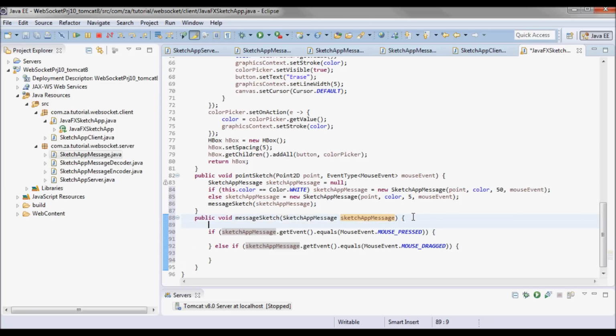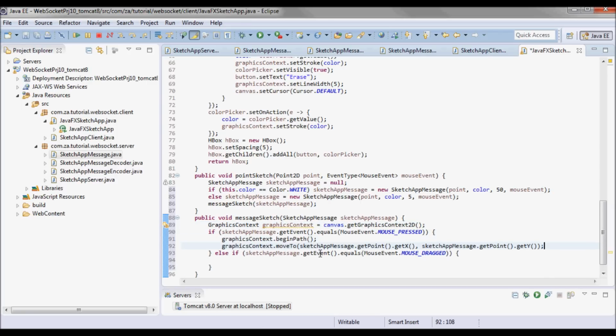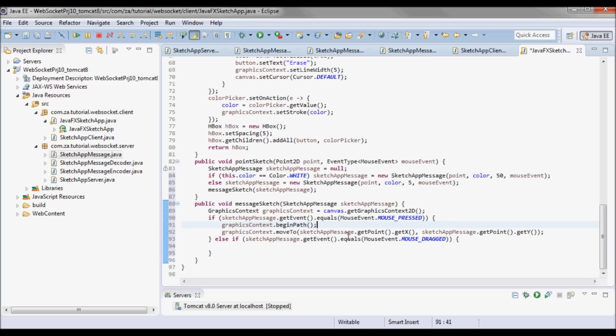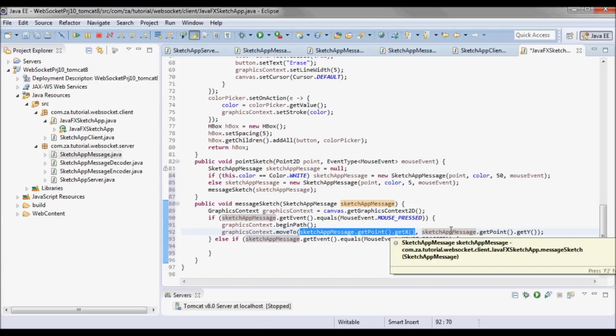And let me pick up a graphics context from the canvas, and if it's a mouse pressed event, I'll do graphics context dot begin path, and then do graphics context dot move to sketch app message dot the x and the y coordinate.